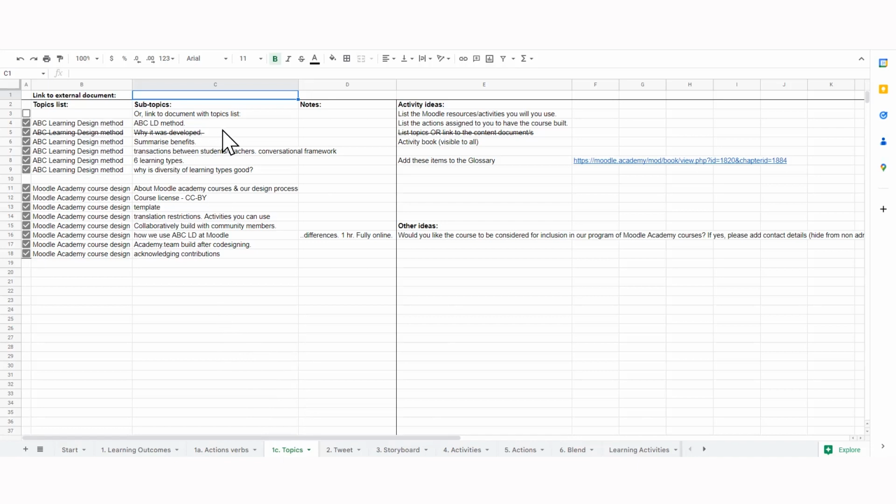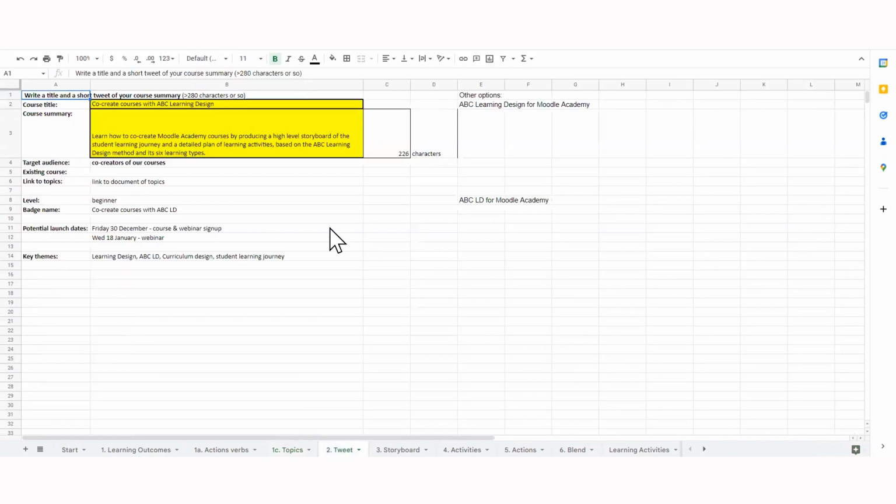I ticked these off to show that I have covered each of the original topic ideas that I came up with when I was doing my initial plans. And there were probably additional content that I've added, which has come out as I go through the process. But this was just to check that I'd covered off the things that I planned to do in the first place. The tweet that I mentioned already is here.